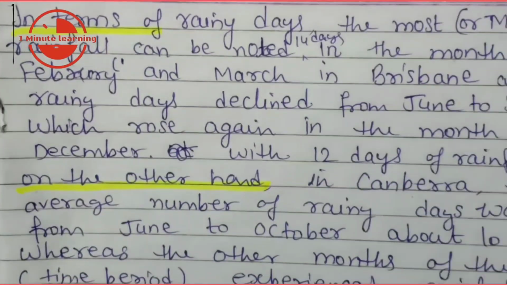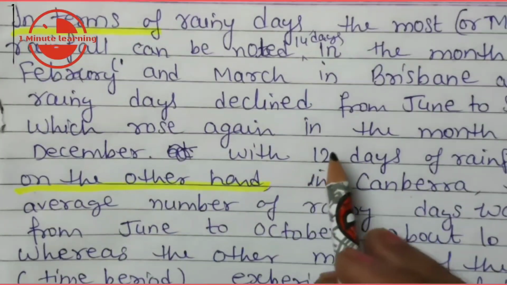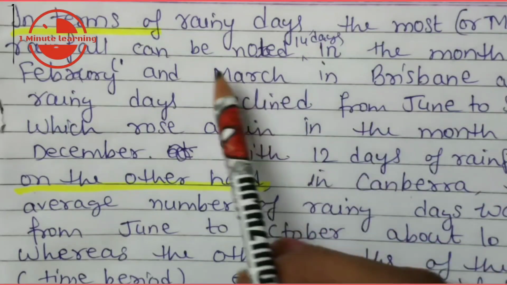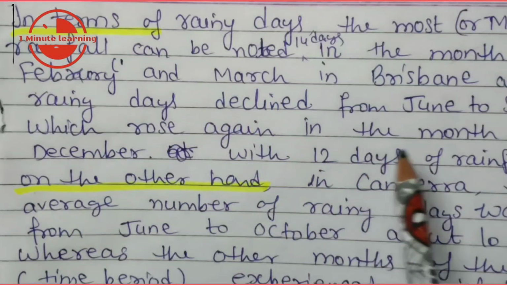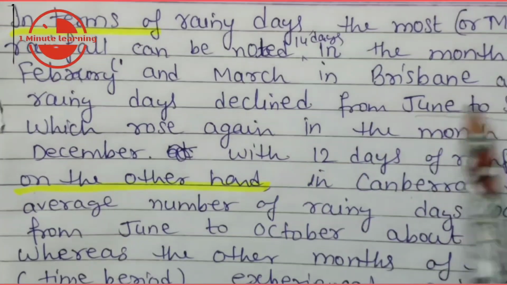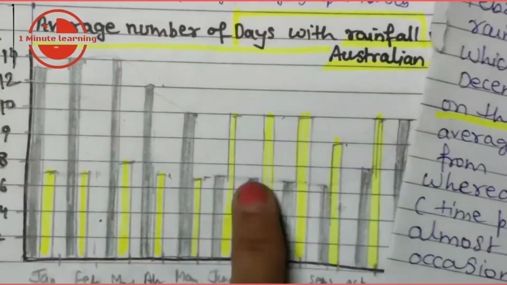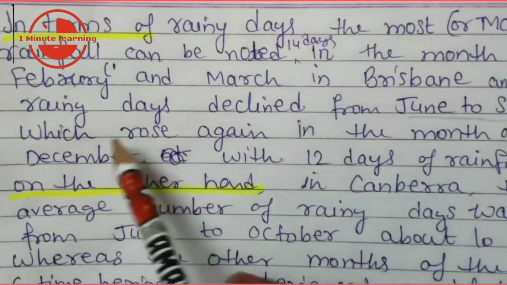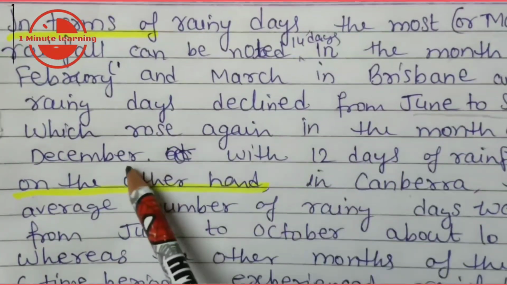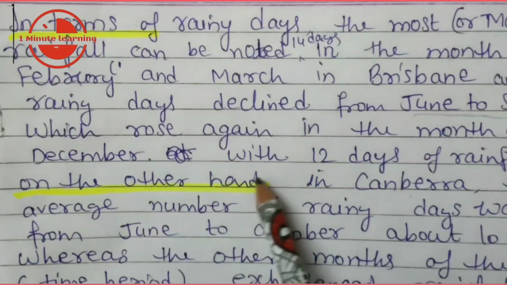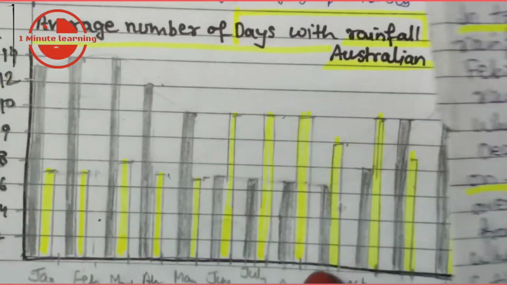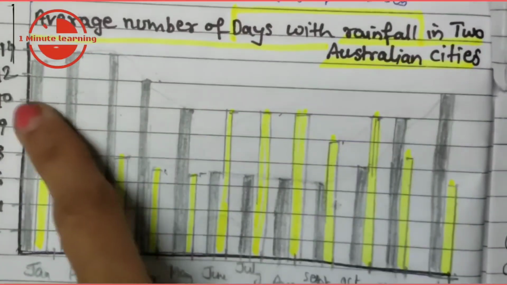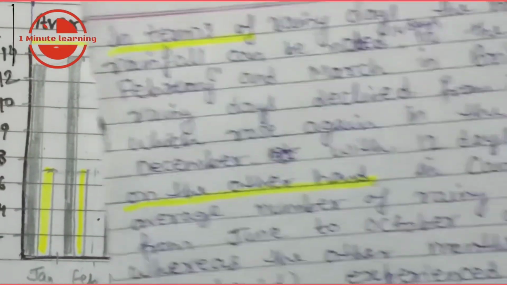It is not necessary that you explain all the months in full. Just pick the first one, the second, the last one, and the middle one also, where you have found something different. Okay, so decline from June to September, which rose again in the month of December, with 12 days of rainfall. See this, we are talking about this. Okay, so now next,